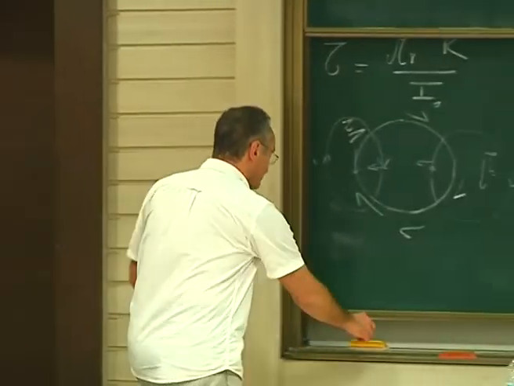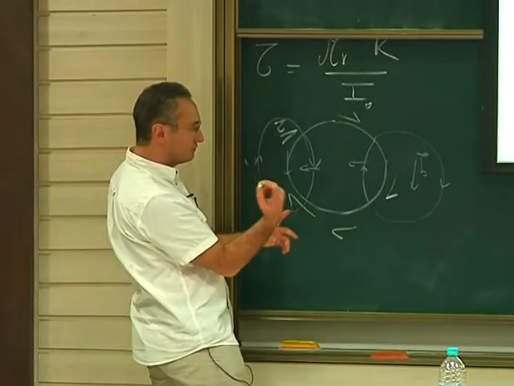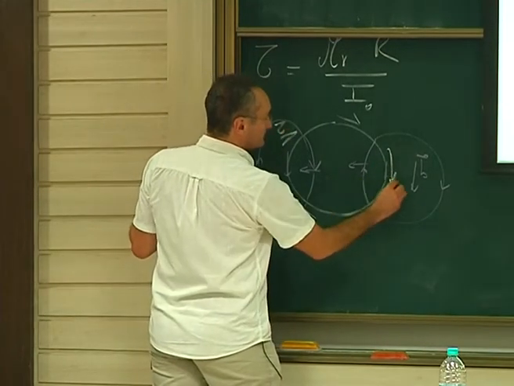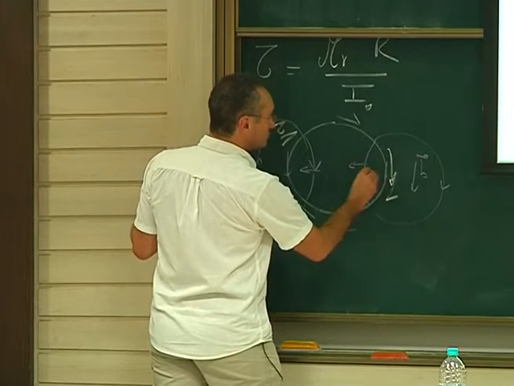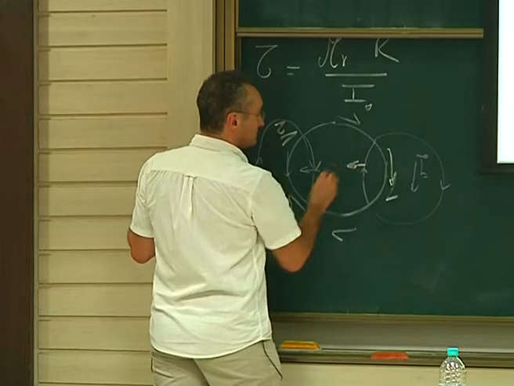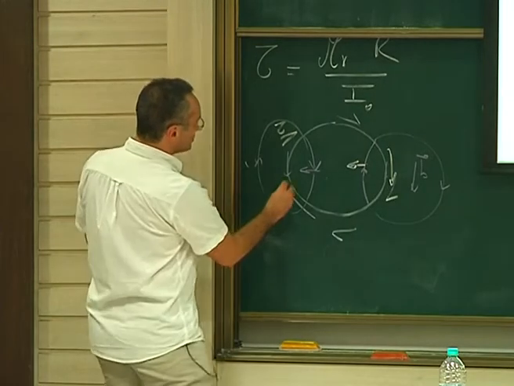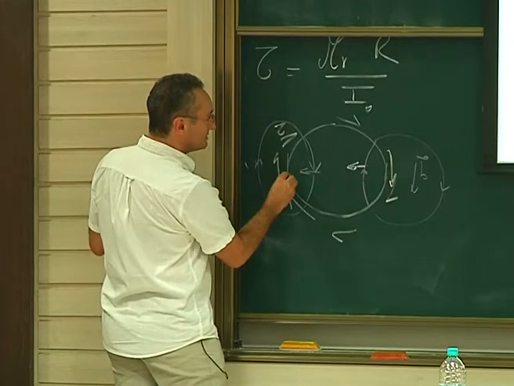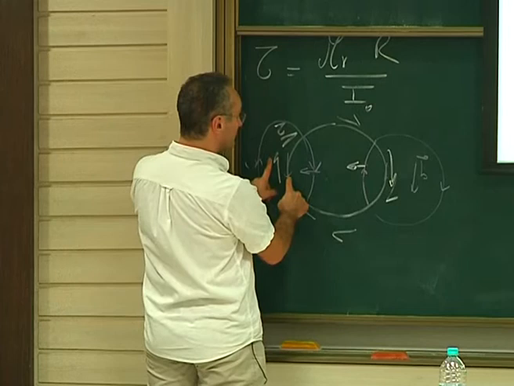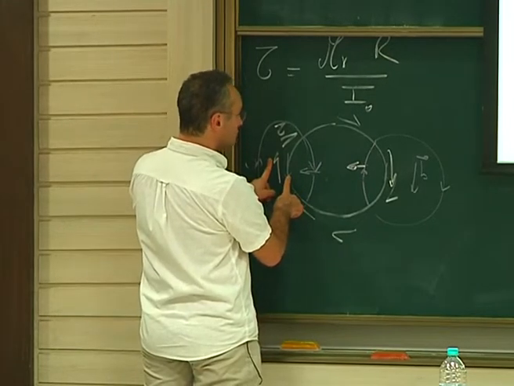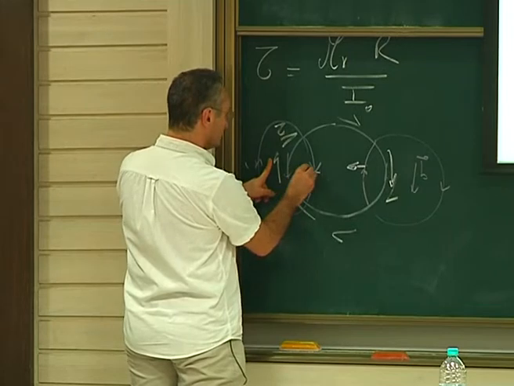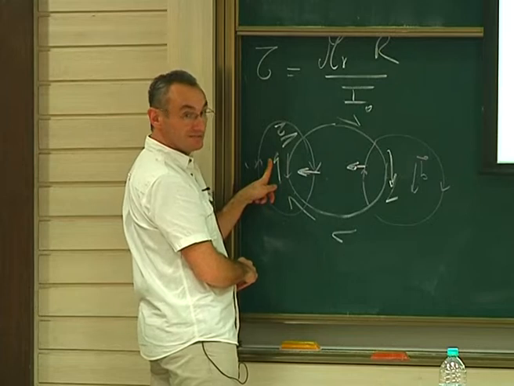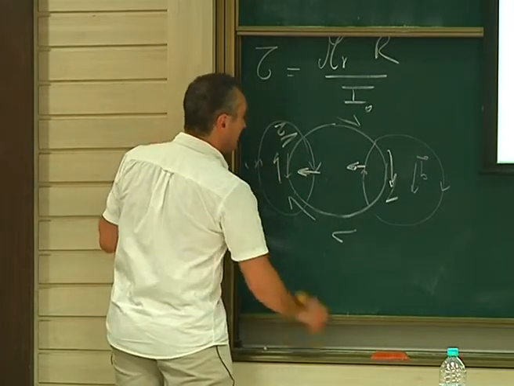If you reverse, how should I do that? Maybe we should do it with the cross product. If we have tau, which is like this, okay, the line which is opposite to tau goes to the right. Here the stress is from the right, so the stress is now here. The line is opposite to tau, the stress is up, so it is reversed. But this is also reversed, so it should go the same way. So this guy will go here, because you reverse both the line and the stress. So it will go the same way. So this is impossible. This is not the mechanism. So it cannot be this. It has to be the opposite.